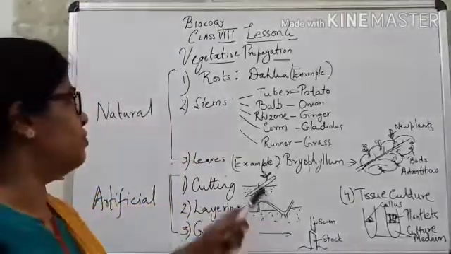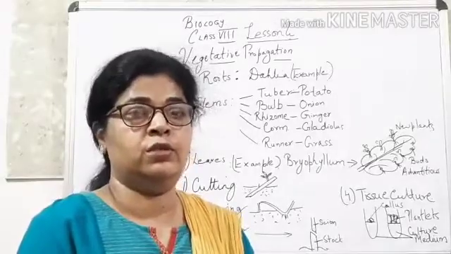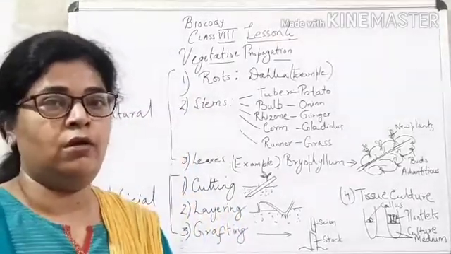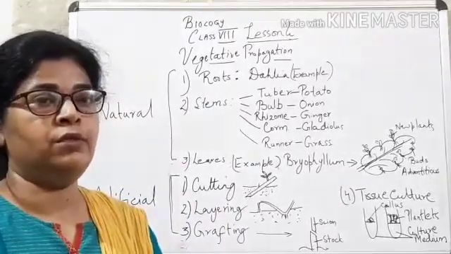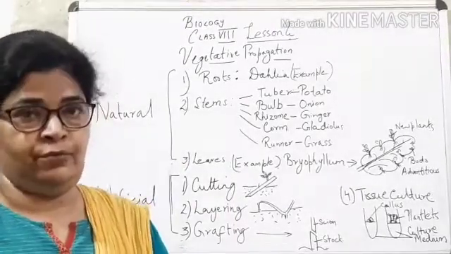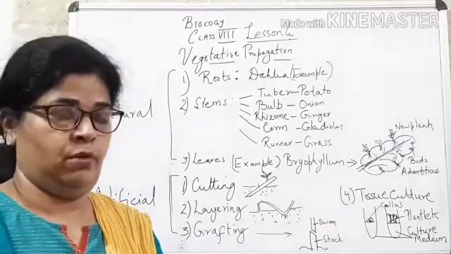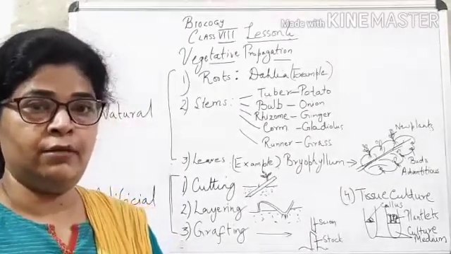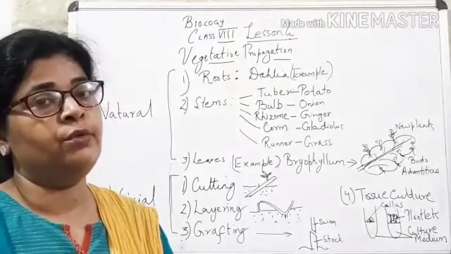So in this means of reproduction we have first vegetative propagation by roots. These are natural ways of reproduction which the plant carries on its own. So in vegetative propagation by roots, certain plants like dahlia, sweet potato, these plants' roots, of course, store food which we eat, like sweet potato. So such plants produce new